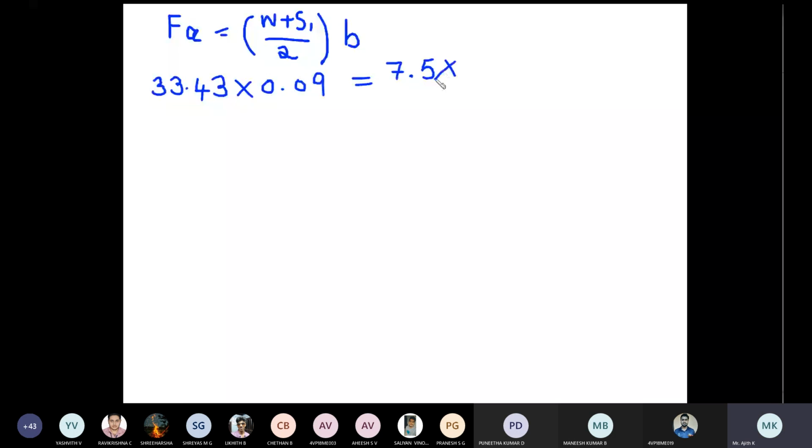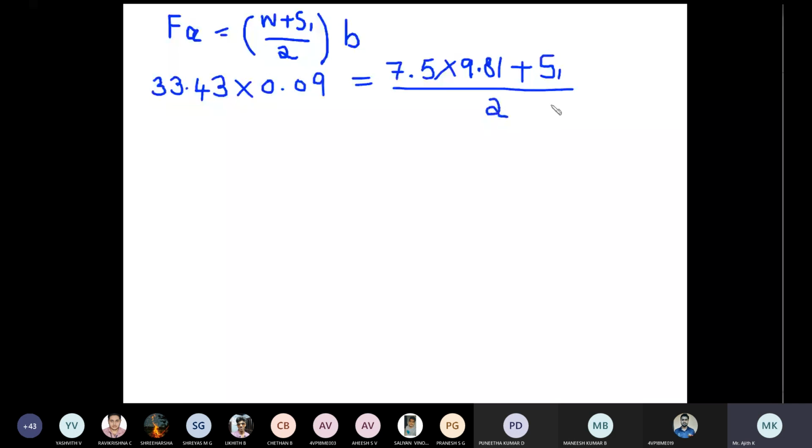Remember, in this step, when you substitute the weight of the sleeve, it must be in Newton. So 7.5 should be multiplied with 9.81. In all the previous steps, the equation was such that the load should be in kg only. But these equations are derived such that W should be in Newton. So convert kg to Newton, plus S1, which is unknown, the initial spring force, which you have to find out, divided by